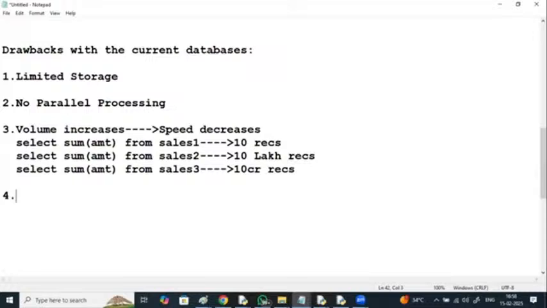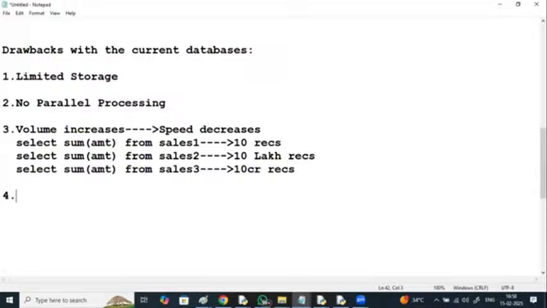For example, take this: 3 into 4, 12, that's fine. 12 into 6, 72, that's fine. 23 into 32, try to say, and take time. 524 into 732. 1083 into 9376.